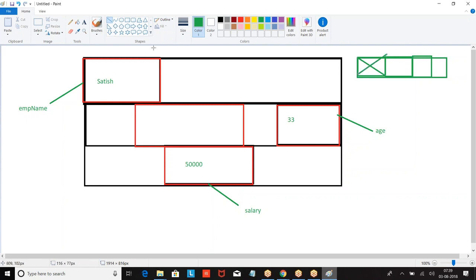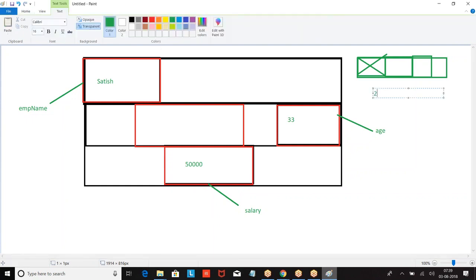So 3 bits are left, and the maximum value we can store is 2 to the power of 3 minus 1.